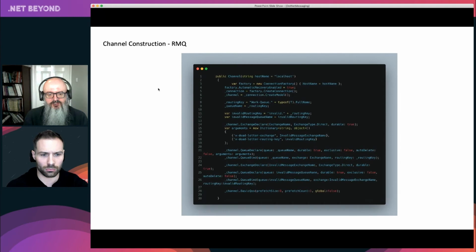Okay. Now, don't worry about the fact you can't read most of this code. The idea is to just show you the sort of complexity you're dealing with. Inside your channel is where you actually deal with the SDK for that particular messaging middleware. So here, roughly, don't worry if you can't really follow along.